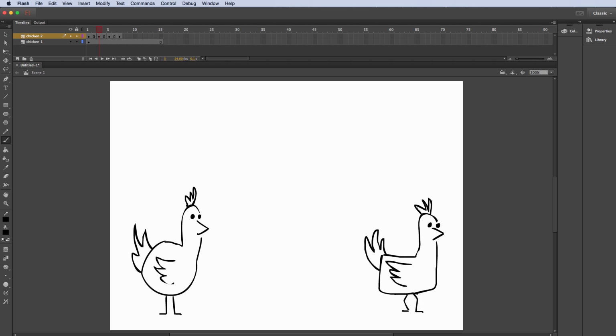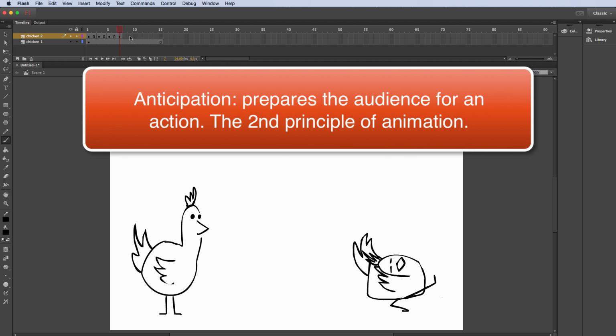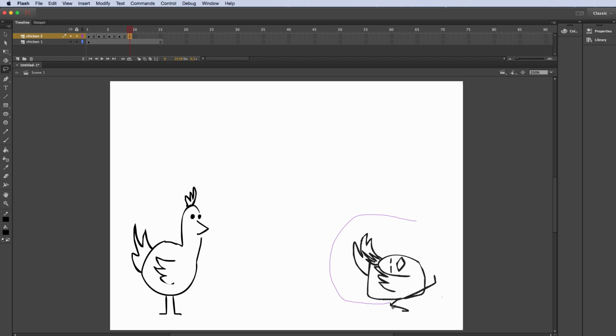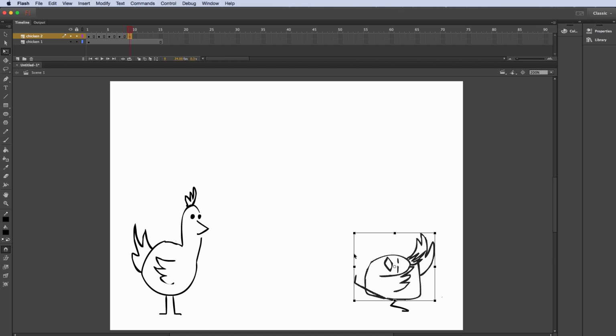Okay. So we're not only working on squash and stretch, but we're also working on other principles of animation like slow in and slow out and anticipation. So I'm going to go to frame 9 and then press F6. All right, now here what I'm going to do, this is not going to make a lot of sense, but this is what I call the pop frame. This is where you really change positions kind of radically in the movement of the character. Okay, so I'm going to take my transform here and I'm going to flip this to the other side. It's going to flip the character. All right, so you just see him rotate like that. Okay, so that's part of it.